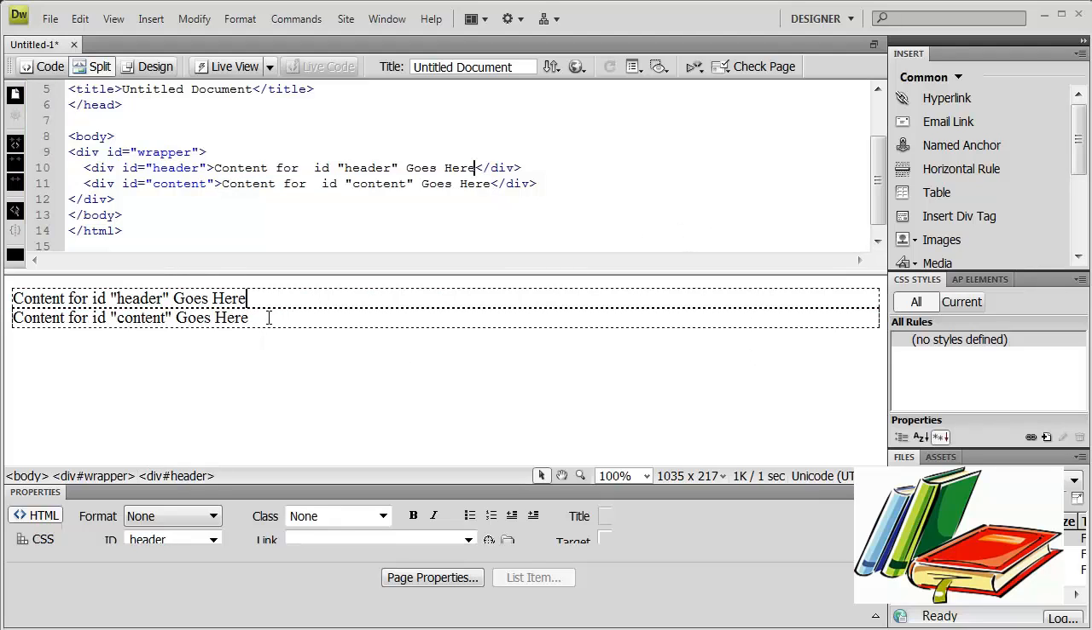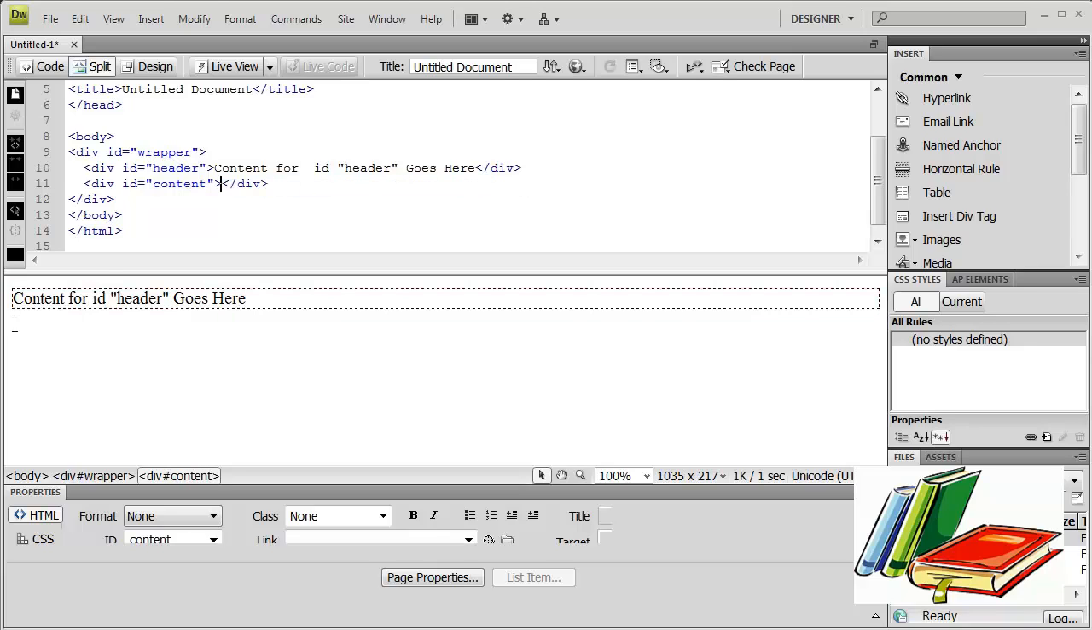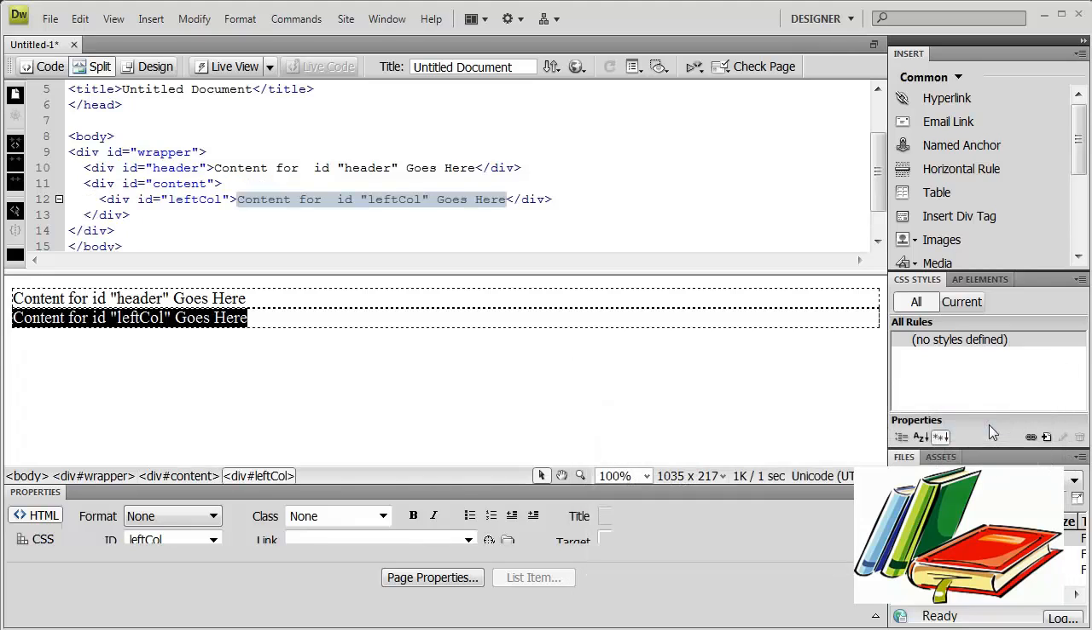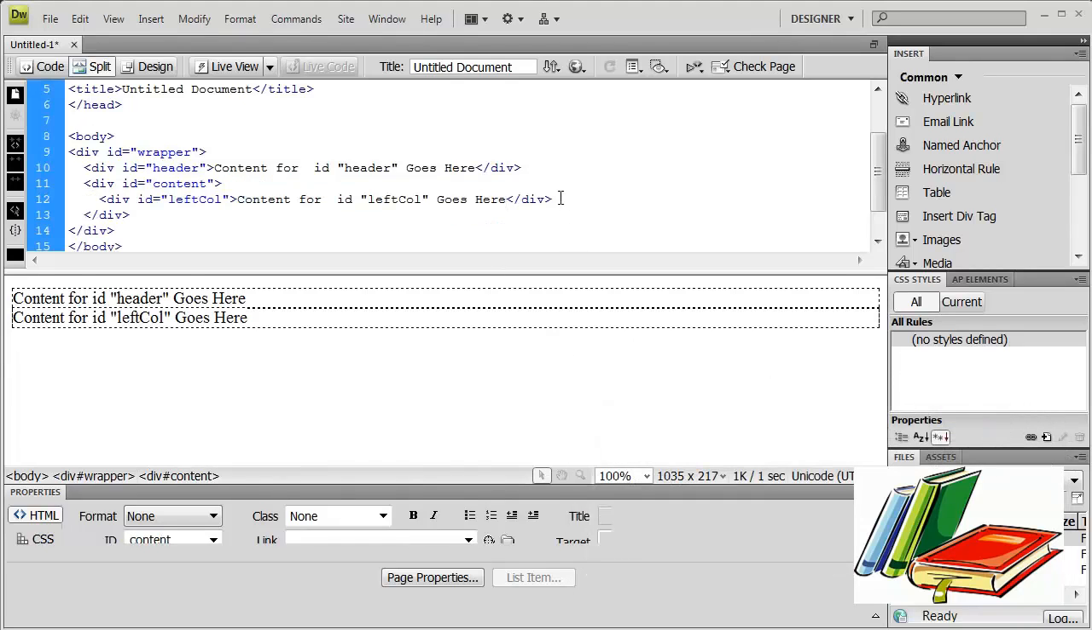Okay, so the next thing I need, I've got to get rid of this text in the content box. Okay, don't be alarmed if that collapses. You can still see the divs are in the correct order there. I'm going to go to Insert Div Tag, and for this one we have our left column. Okay, I click after the left column in the